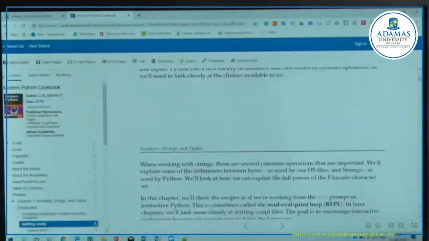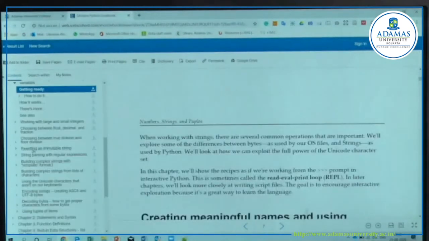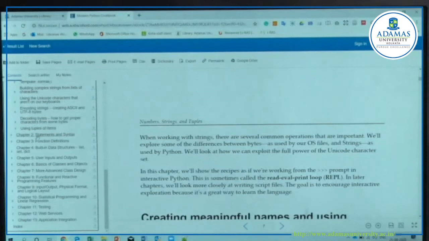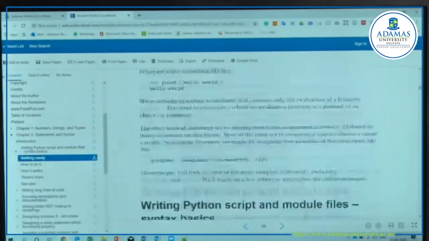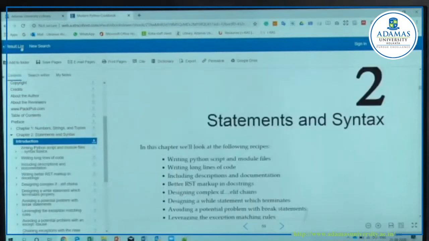You can download some pages. You can download about 10% of a book. So that also you can do from here. So chapter wise you can see the books. You see it is a simple PDF file. You can see it from outside the campus.